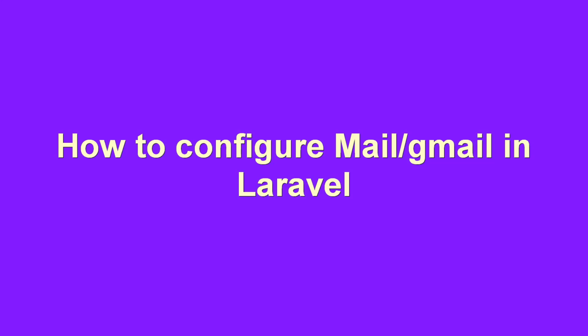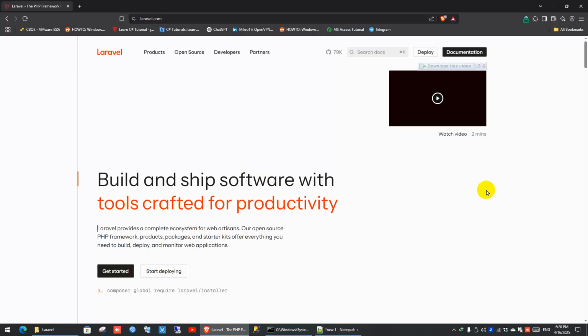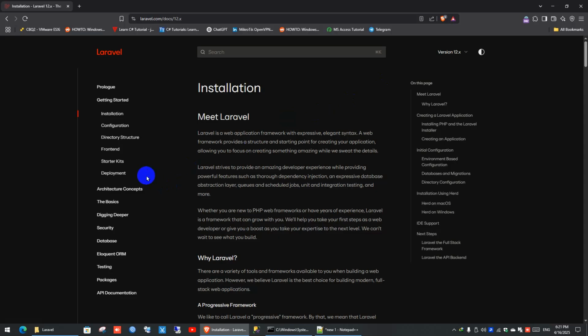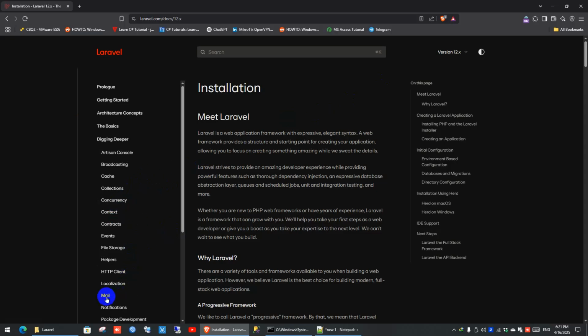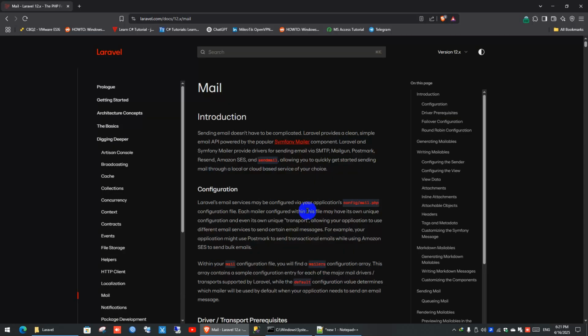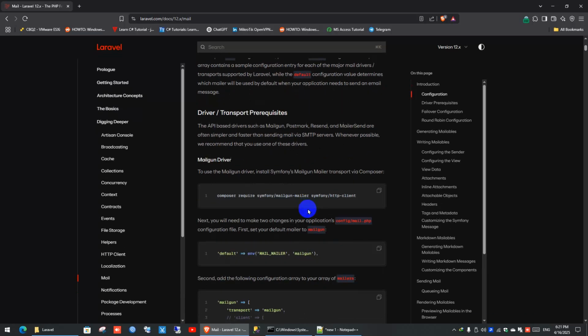Hello everybody, today I want to tell you how to configure email or Gmail in your Laravel application. So first of all, you need to go to laravel.com, go to documentation, and then go to digging deeper and find email. Okay, in here we can configure the email client as you want, but